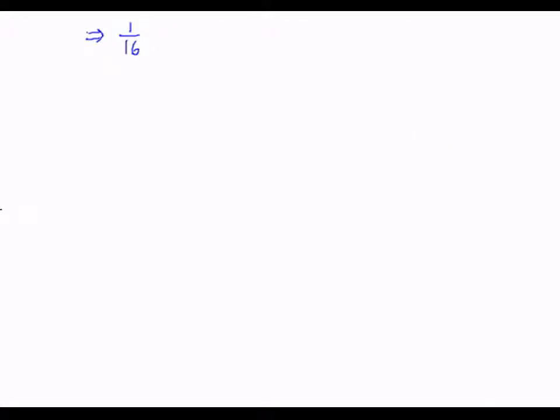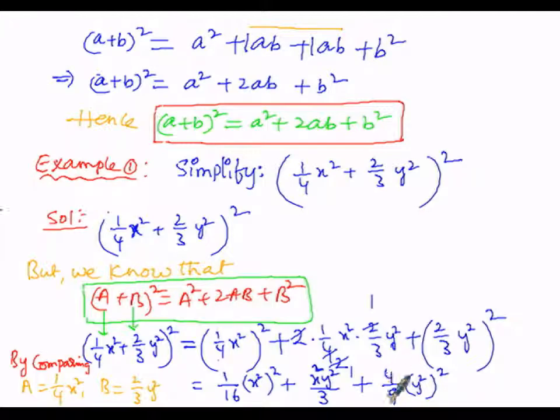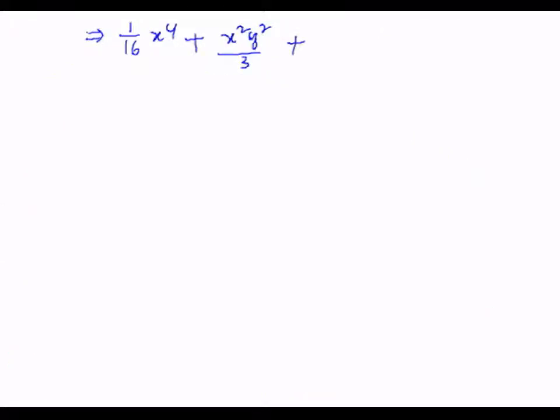So x to the power of 4 plus the x square y square overall divided by 3 must be written as it is, the middle term, plus then the next term will be 4 by 9 a power m whole power n type, a power m into n, 2 into 2 is 4, y to the power of 4, that is 4 y to the power of 4 by 9.